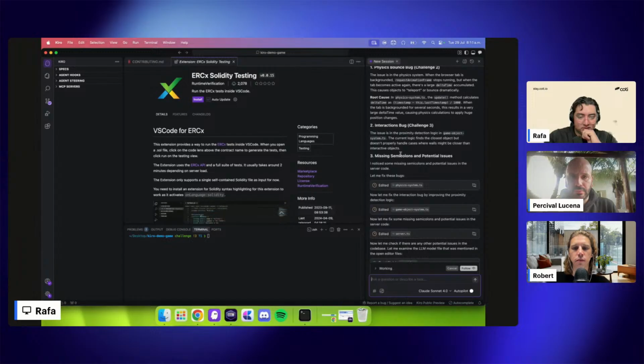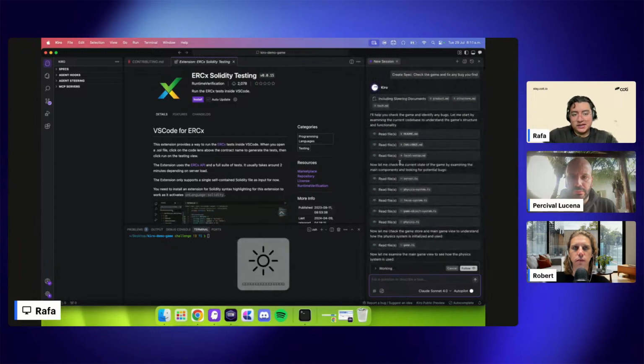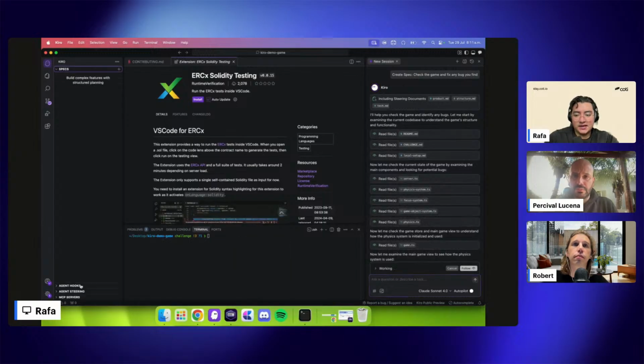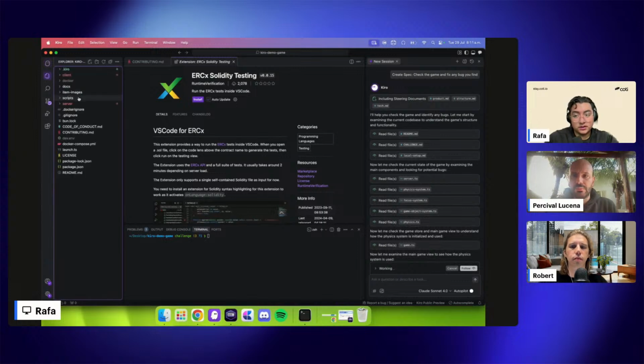With specs and agent steering, Kiro is basically reading all the code, and studying all the code just to learn what architecture it has, what design patterns it has, what languages it has,